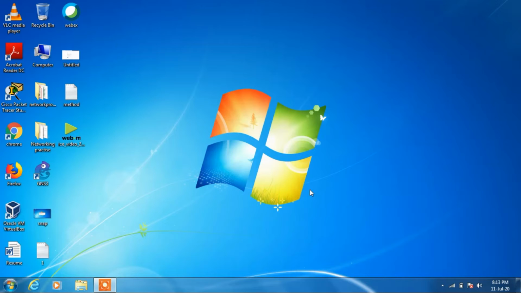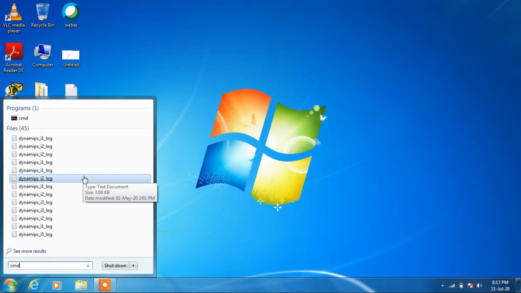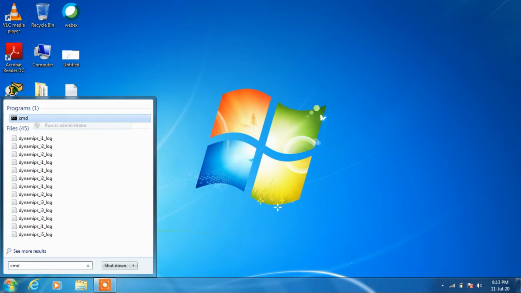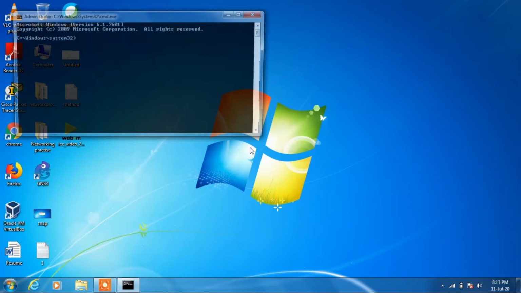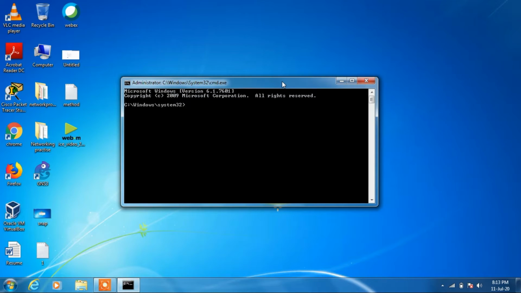Now method number 4 is that you go to the search bar and type CMD, right click over it and click on the option run as administrator. Click yes. Now type in some commands: netsh winsock reset catalog, and hit enter.